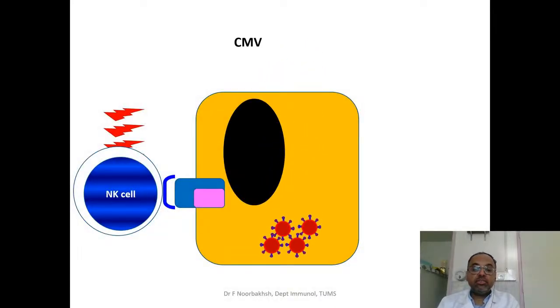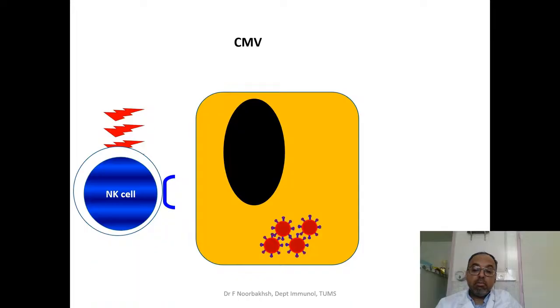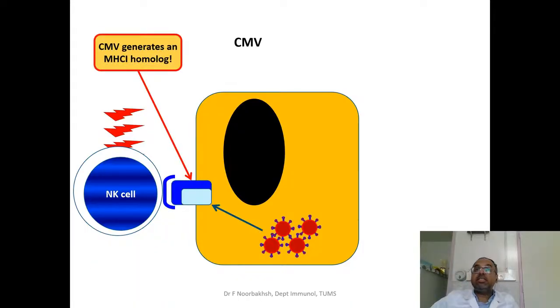And when it infects the cells, it removes MHC from the cell surface so that CD8 T cells would not kill the cell. But now, well, NK cells would approach and kill the cell. So CMVs are able to make a molecule which looks like MHC, but it's a fake copy of MHC. It doesn't do any work. How can they produce this fake copy of MHC? Well, we don't know, but it's very likely that during this arms race, they have stolen the genetic information for making an MHC molecule from our own cells.